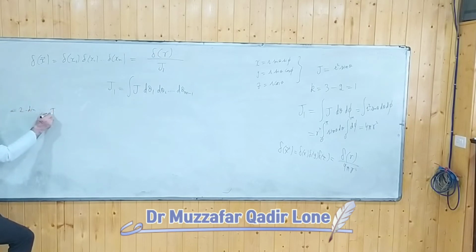what is the Jacobian? R. What is it in 3 dimensions? J is equal to R square sin theta. What is it in 4 dimensions? Now let's take 4 dimensions. J should be equal to,